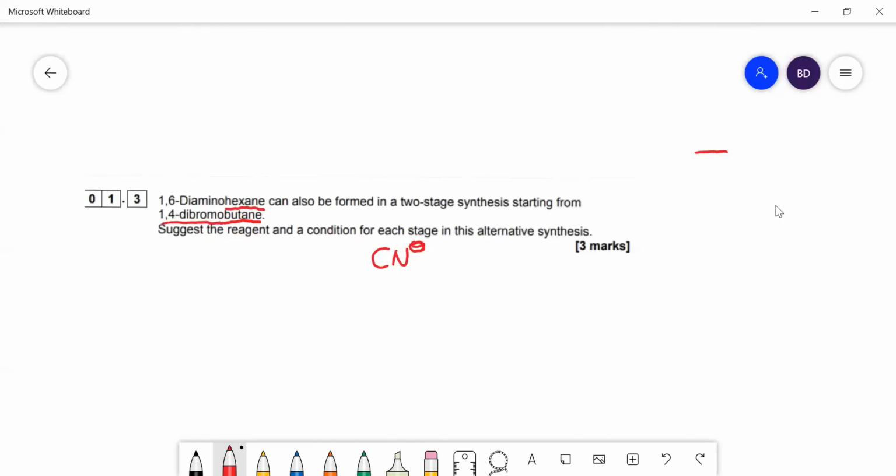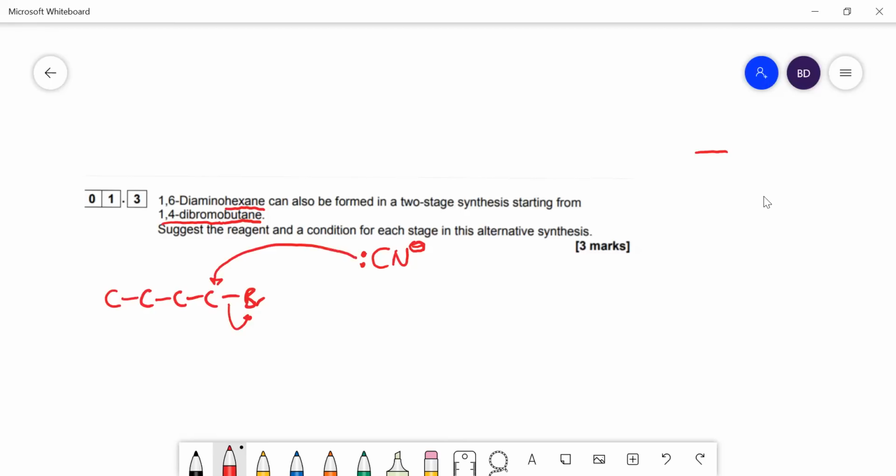It would, because it's a nucleophile. So let's draw what would happen. Just draw this out, it's not part of the answer, but you're going to have that there. That's going to attack there, that's going to attack there, that's going to happen on both ends. So you're going to end up with